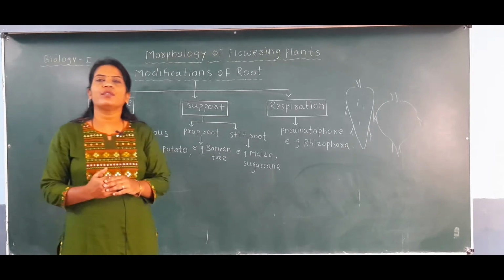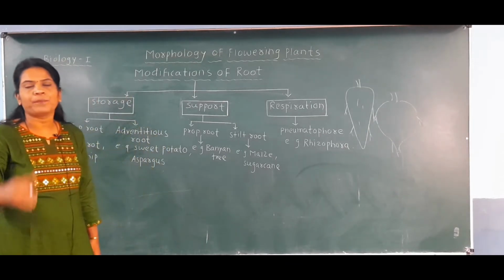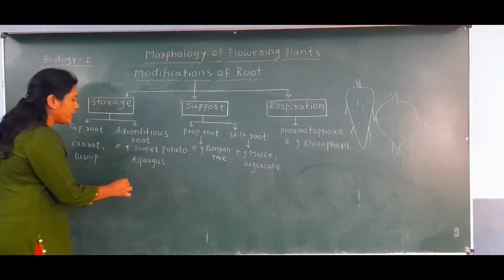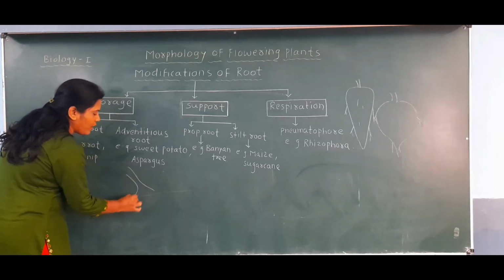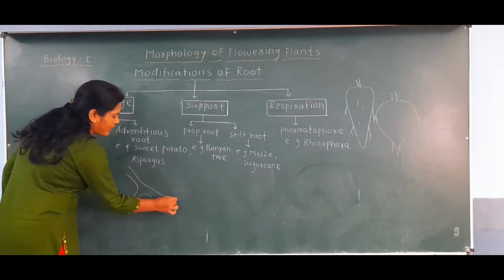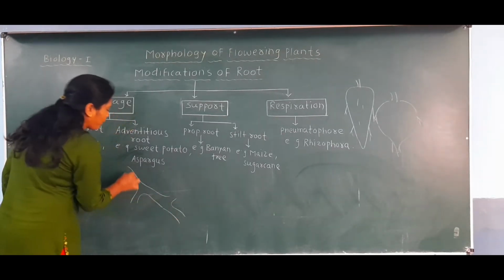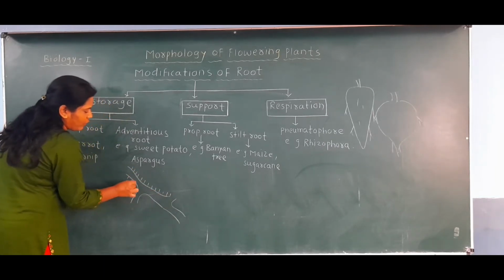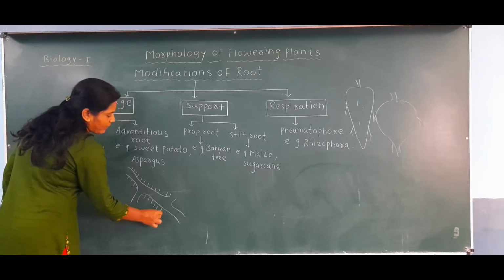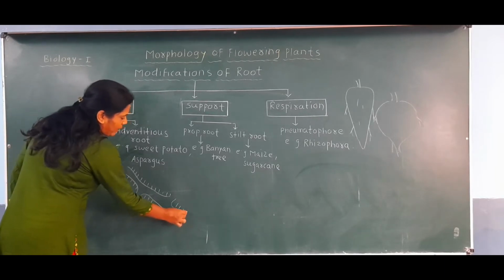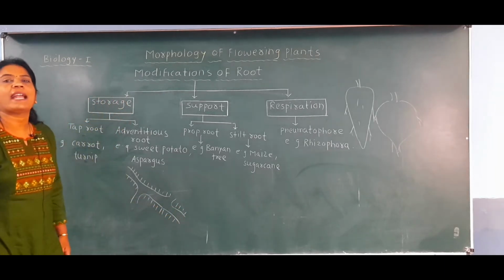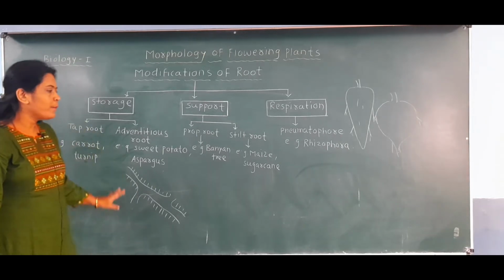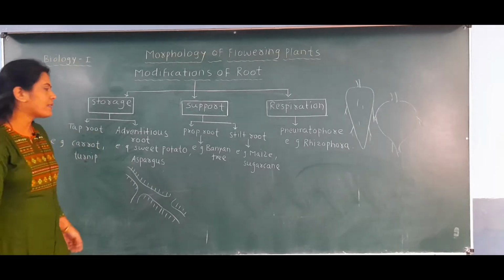In this adventitious root, we have seen the diagram that originally we have seen the diagram of the adventitious root. So if these are the roots of the adventitious, we have seen that on this adventitious root there are thread-like structures observed, and such a diagram we have shown in our previous lecture for the adventitious root. But here we are going to study two examples.